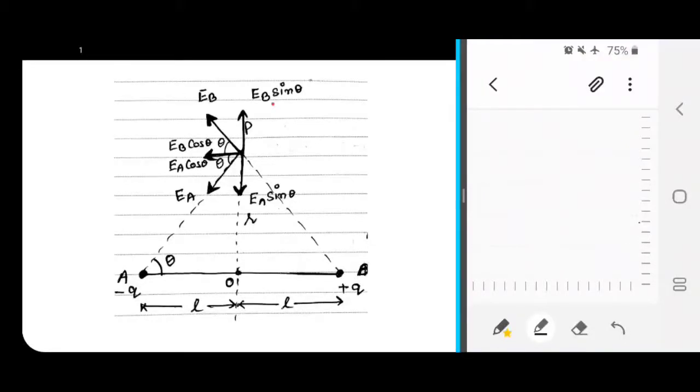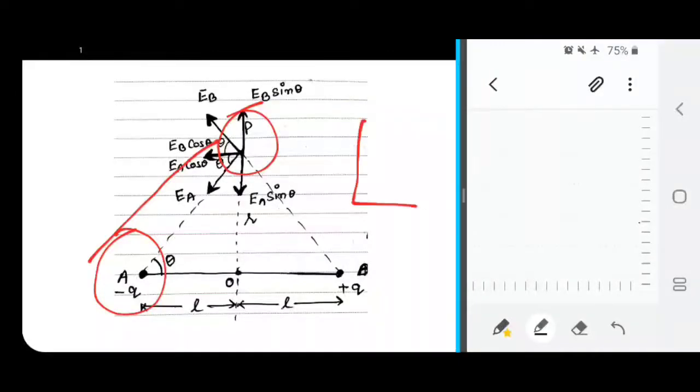Here PO is the perpendicular bisector of this electric dipole. We take a point P on this plane, which is called the equatorial point, or the point located at the equatorial plane. It is at distance small r from the center of the dipole. If we calculate the distance from the ends of the dipole, that is from A to P,